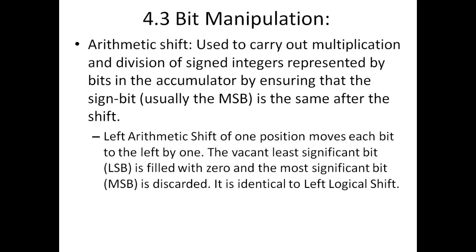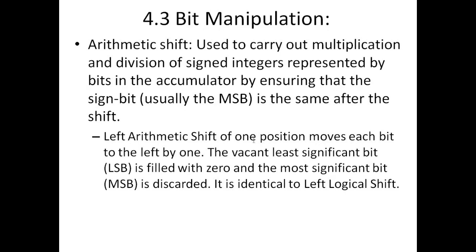If a negative number, for example negative 4, is being multiplied by 2, obviously you would want it to be negative 8 as the answer. The negative should be retained. For doing that, logical shift left or right is not very accurate for doing these things. However, we have another method of shifting the bits, which is known as arithmetic shift. Again, it is of two types: left arithmetic shift and right arithmetic shift.